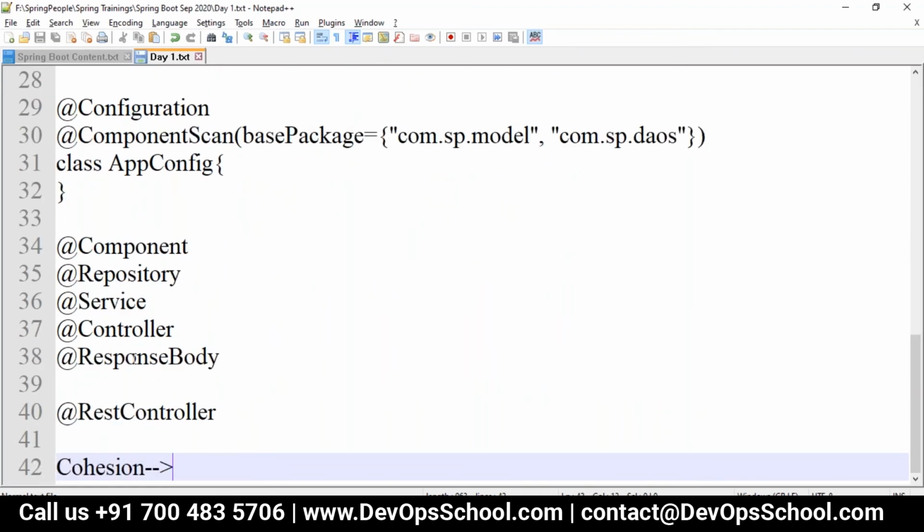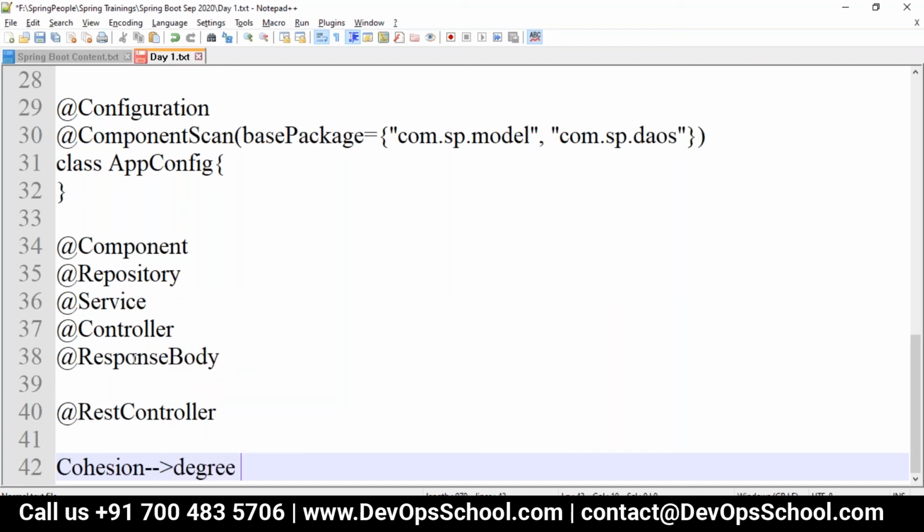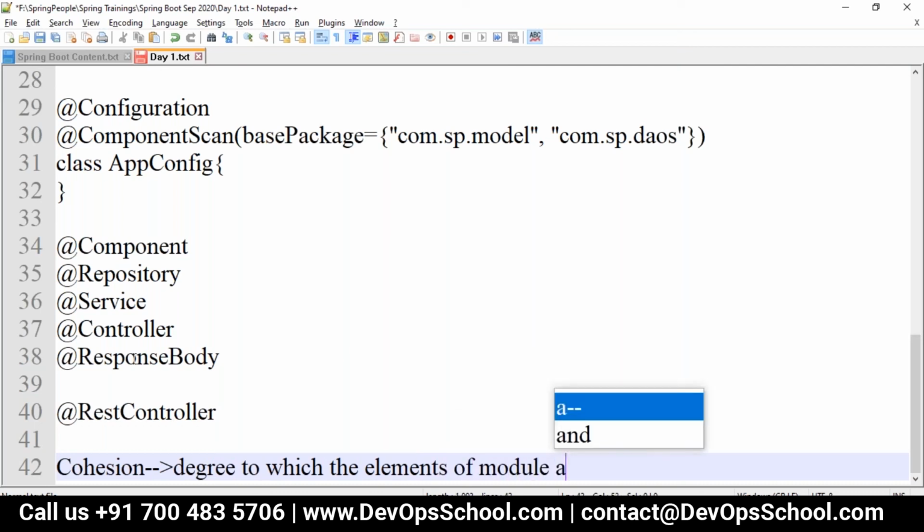Cohesion is a measure of the degree to which the elements inside one module are functionally related.